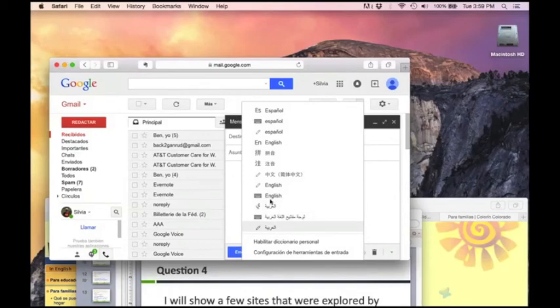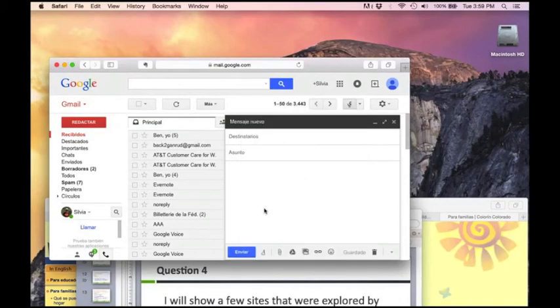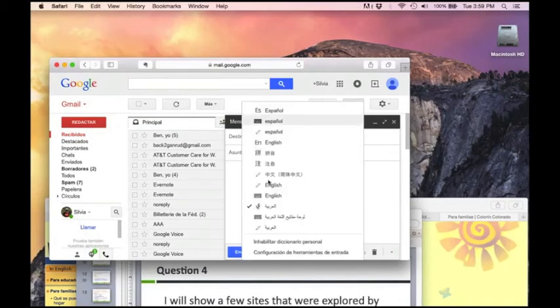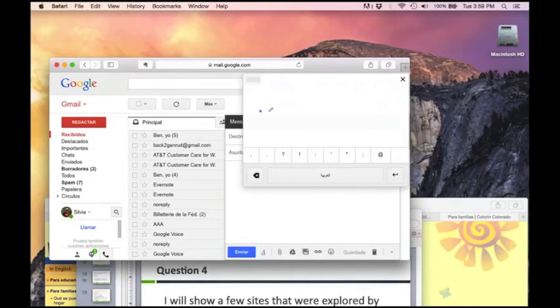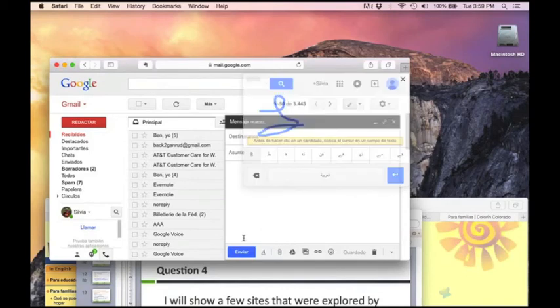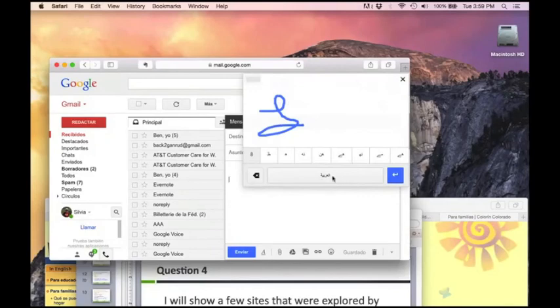So I can write Arabic or Mandarin and switch across writing systems. This wasn't there before. With Arabic, I didn't know that you could actually try to write the symbols, and it will recognize them for you and put them in the email.